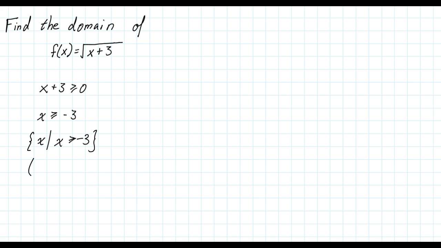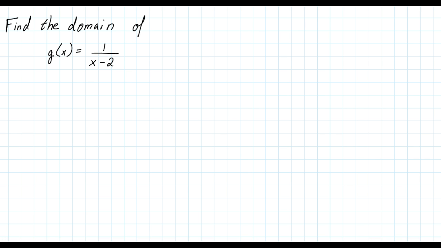Or we could write it negative 3 to infinity. And I use this square bracket, which I'm going to emphasize a little bit more. I use the square bracket to say that we do have equality at negative 3. Negative 3 is allowed. So now let's go ahead and do the same thing with this new function, g of